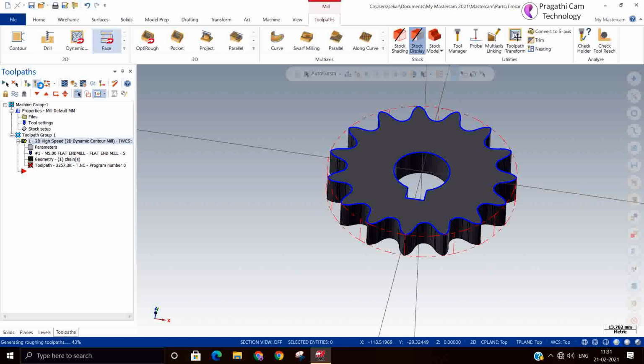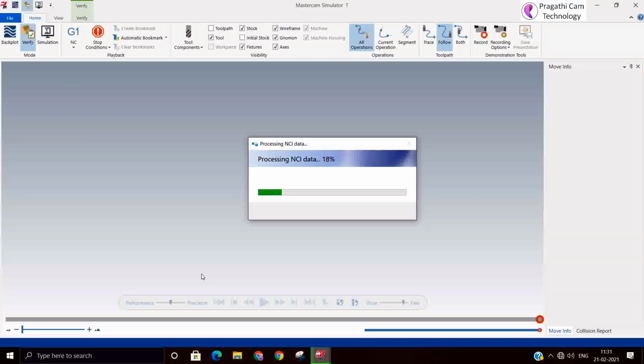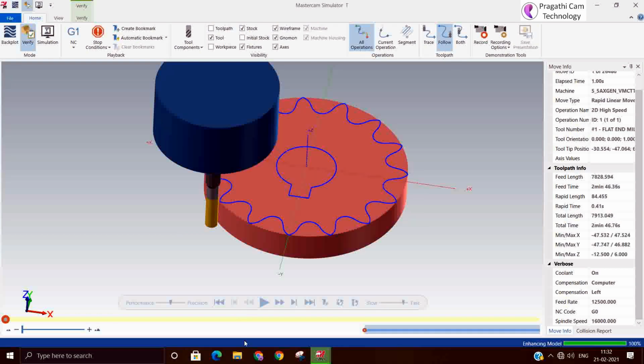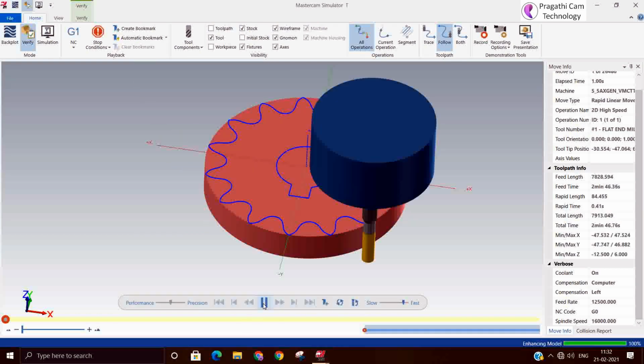So you can do some more iterations and modify the parameters, understand how it behaves. So this way, if you do it, definitely you will learn properly.